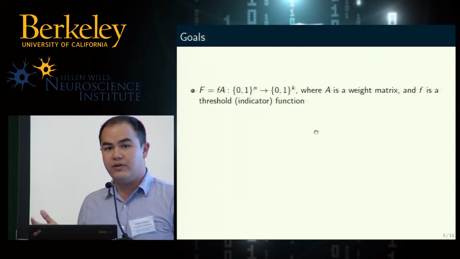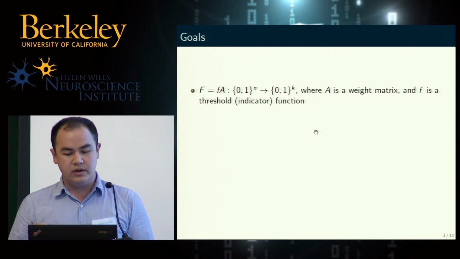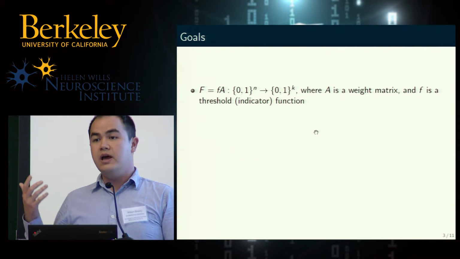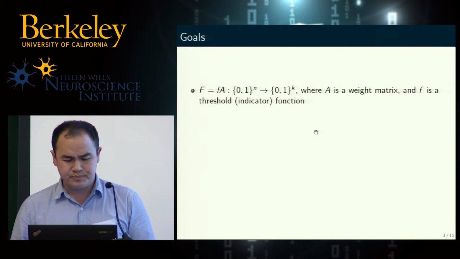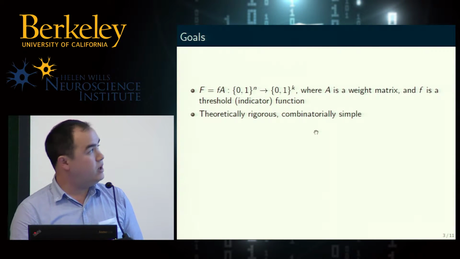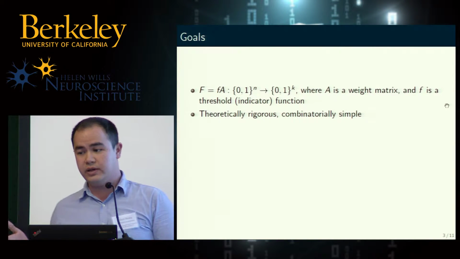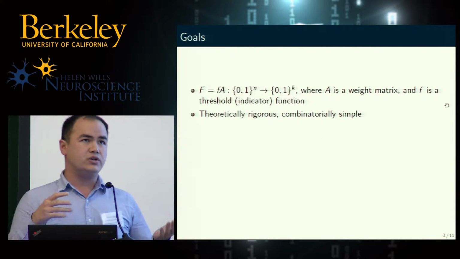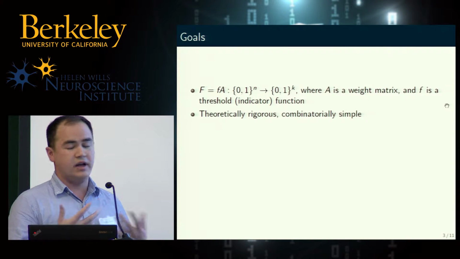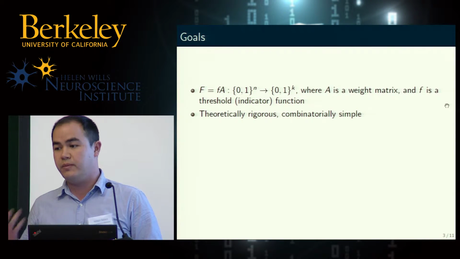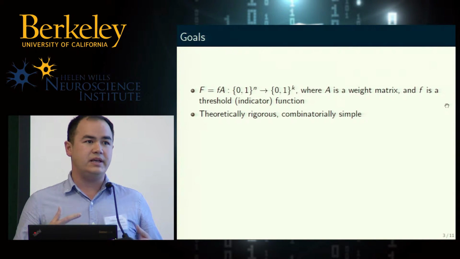We do want something that's rather neural inspired. So our general formulation starts with a weight matrix, and we're going to compose that with a thresholding function. We have sort of a guiding light here in that we want something that's very simple combinatorially, but structurally rigorous enough that we can do mathematics with it, right? So we want to be able to formally prove all the claims that we make. That said, we want to see if we can,